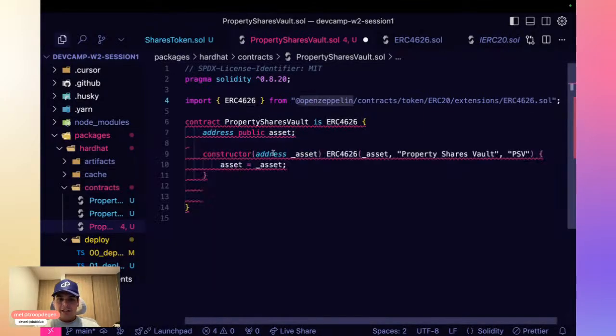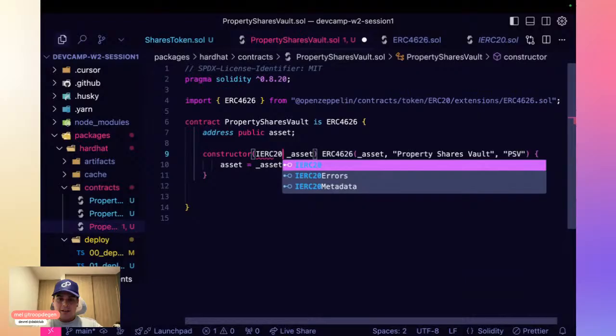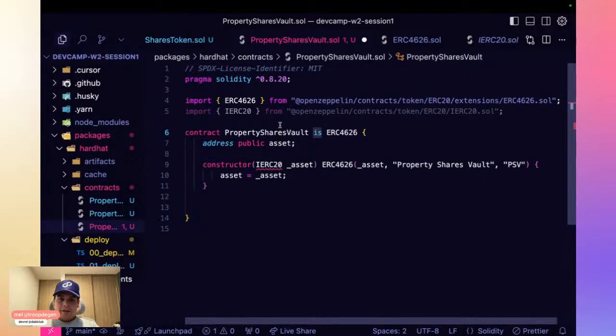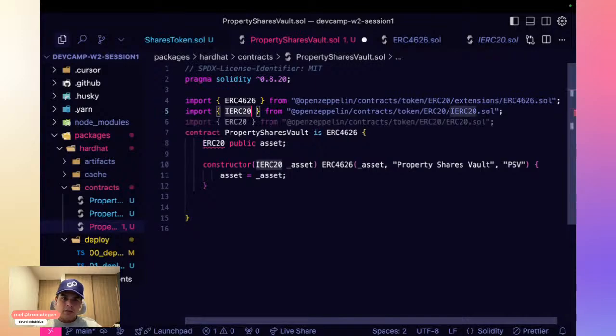And what we're going to do here is follow the same as they are doing on OpenZeppelin, and we're importing the interface for the ERC20. And for our asset, instead of calling it address, we're going to call it an interface ERC20 public asset. I think it actually has to be ERC20. Yeah, I think so.